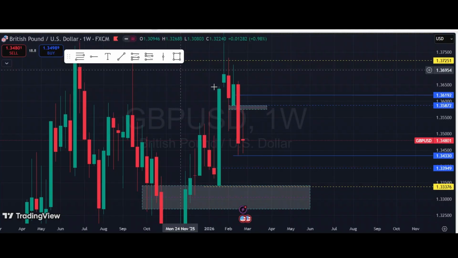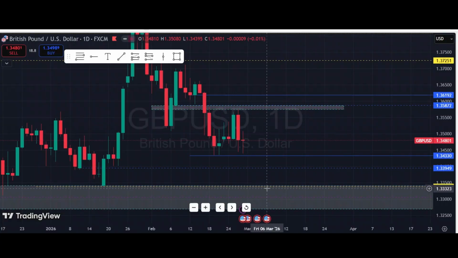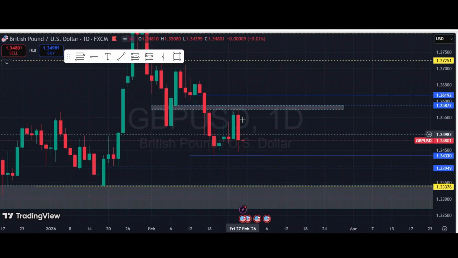But we've mapped out this particular fair value gap, which price might return to respect and fill on the weekly. And then if we look at the daily, price might also run these highs to respect this fair value gap on the weekly, or probably get to this other block if it didn't continue to go down immediately. So let's keep our eyes on this level. They are very important, but our draw on liquidity remains the